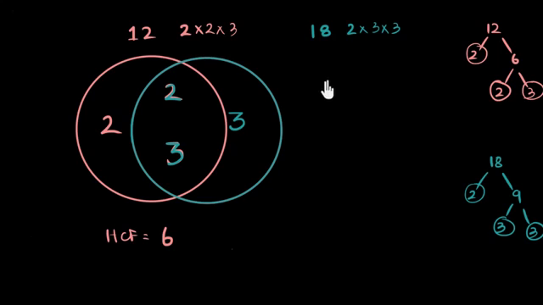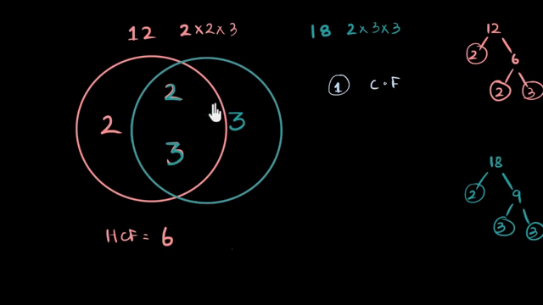But now would be a great time to pause and ask, hey, how am I really sure? Why is it that taking all the common factors and multiplying them gives the HCF? Why should I take that for granted? Why should I believe you? And if you ask that question, that's great. And the answer to that I have is that HCF basically has two jobs. Okay? The first job is that the HCF needs to be a common factor. It needs to be a common factor. To be a HCF, it first needs to be a CF.